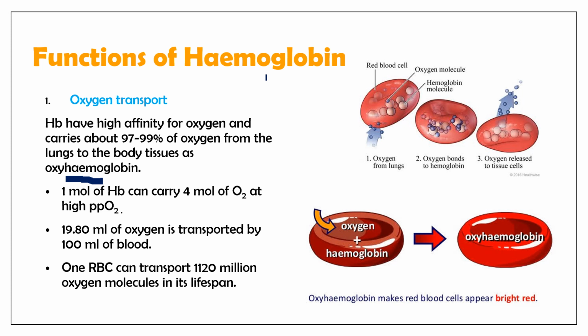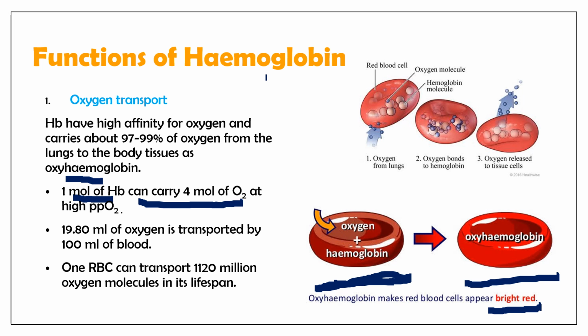As we can see in this picture, this is oxygen plus hemoglobin and it forms oxyhemoglobin, which appears bright red in color, right? And one molecule of Hb, or hemoglobin, can carry 4 molecules of oxygen at high partial pressure of oxygen,